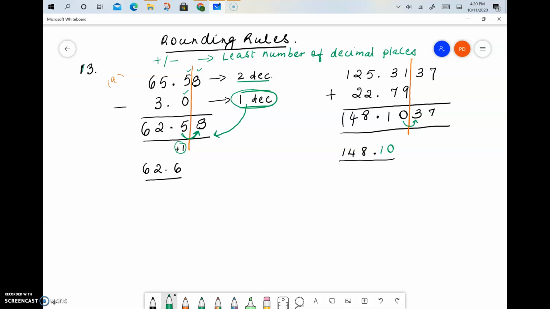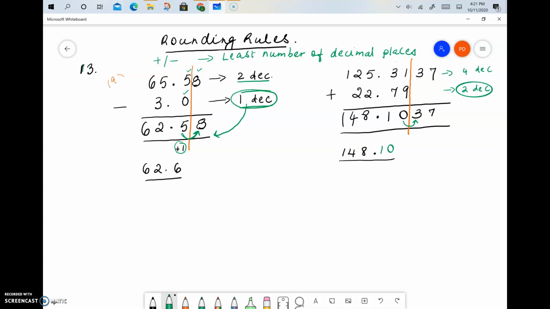Now the second example is an addition problem. So we have 125.3137 plus 22.79. The number of decimal place values for the first number is 4 decimal place values. The second number has 2 decimal place values. So when we add the two numbers, we get 148.1037. But if we have to round it, then we round it to the least number of decimal place values,